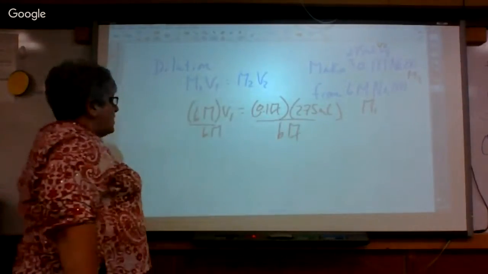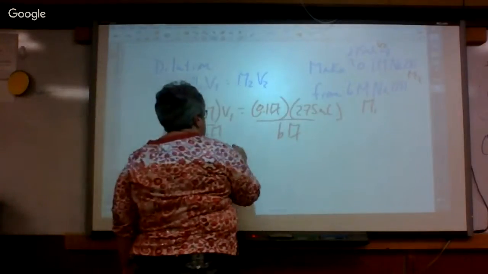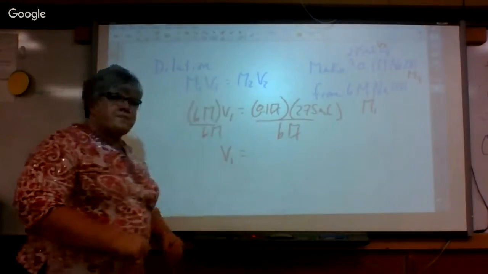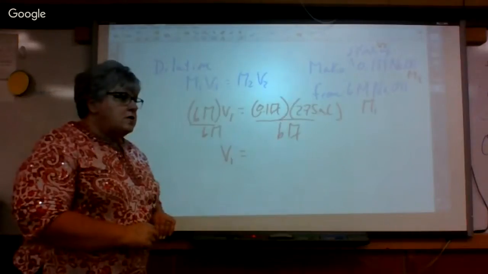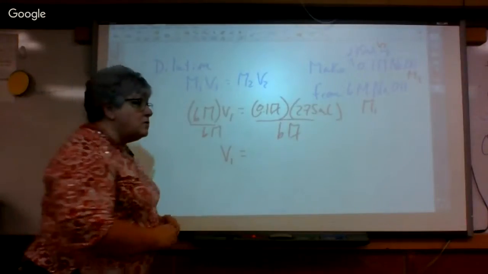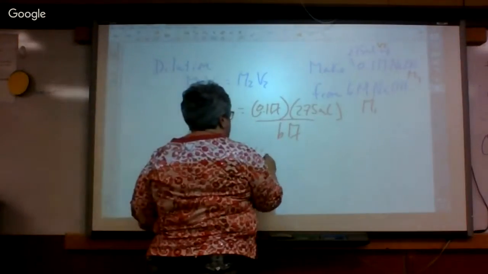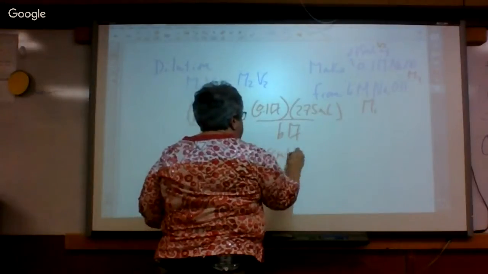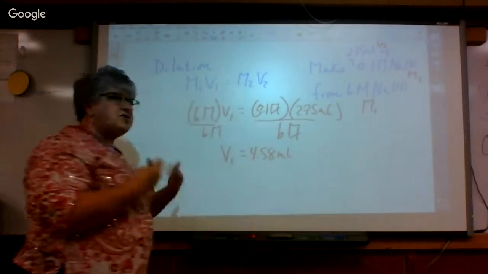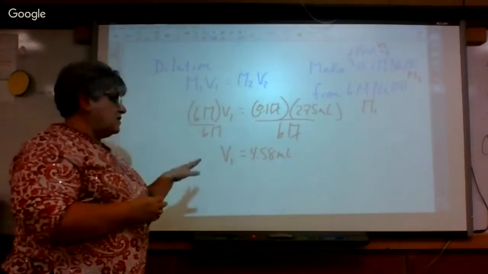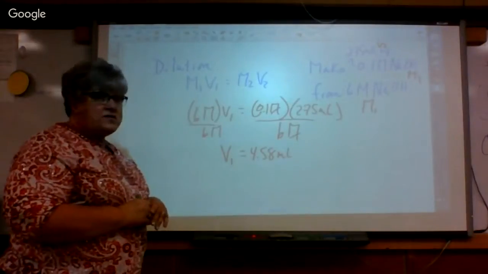And so our V1 is what? Say that again. 4.58. Okay, so we have 4.58 milliliters. And so here's what you're going to do. You're going to take your 4.58 milliliters,